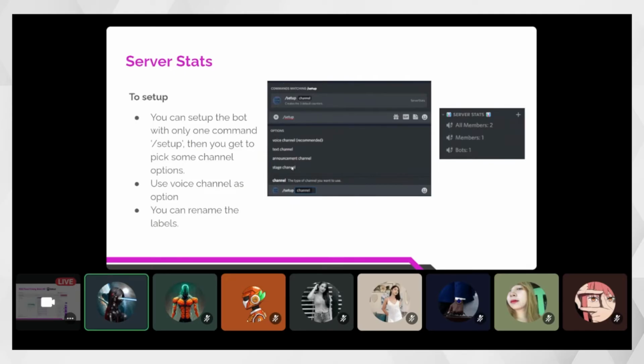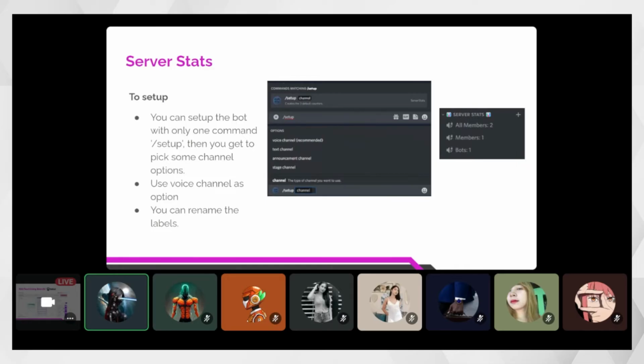So what I usually prefer and recommend is using a voice channel, just because, if you set it up as a voice channel, it will allow spaces in the naming convention. For example, here, all members, so there's a space here. But if you use a text channel, in Discord, as you have observed, you cannot put spaces in channel names.